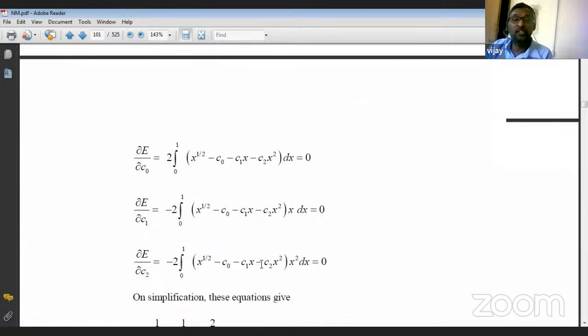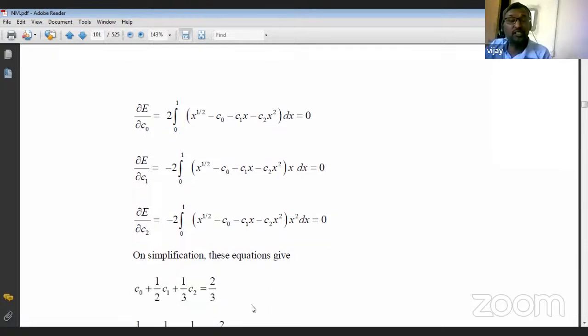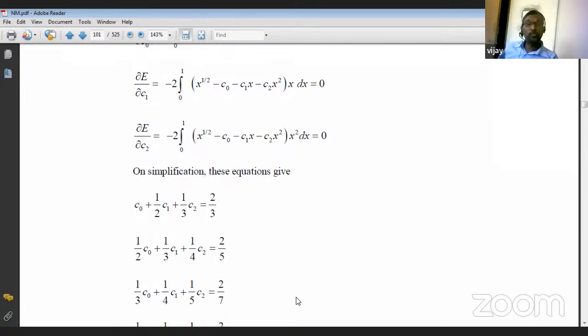The normal equations I am also telling here. Dou E by dou c naught is equal to integration of 1 to 0 of x power 1 by 2 minus c0 minus c1x minus c2x square dx. So we are differentiating: c1 minus 2 x power 1 by 2 minus c0 minus c1 into x dx, into x square. The part without c naught, we write x with dx, and for c1, we write x into x dx. On the simplification of these three values: c0 plus 1 by 2 c1 plus 1 by 3